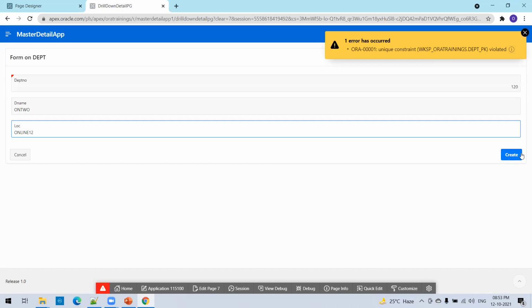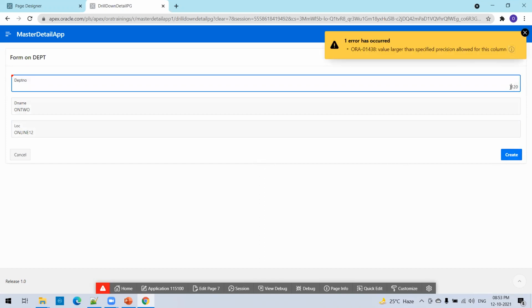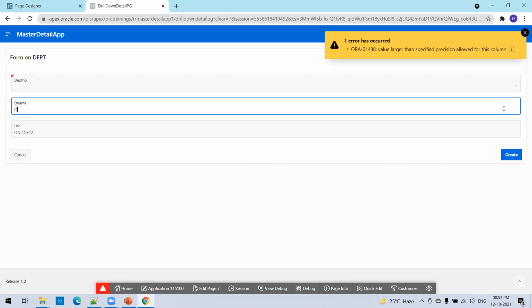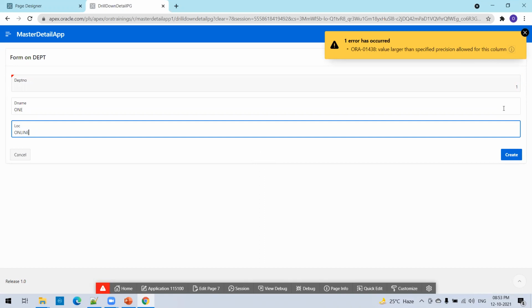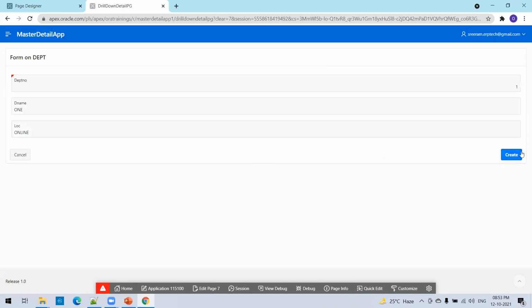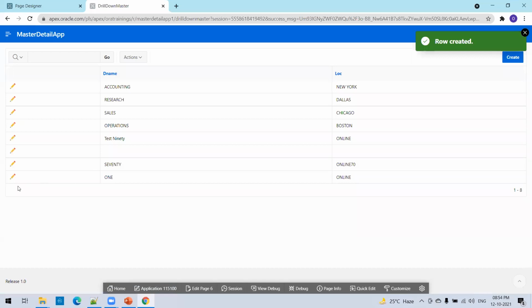Okay. Okay, some more issue. Let's say it could be one. It's all the database set of validations, right? Yeah. Okay. This is the one which we created, one online.